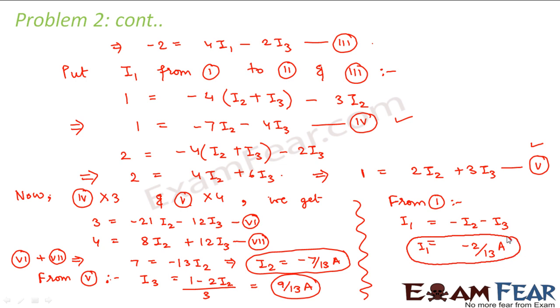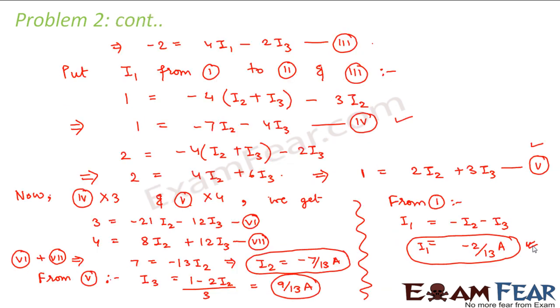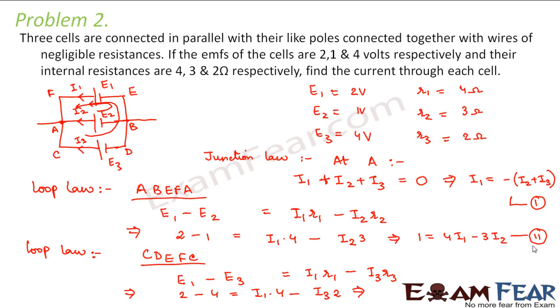So these are the values of the currents through the different branches through each of the resistances, right? So we had to calculate the current through each cell. So these are the currents through each cell. So what did we observe? We observed that the current I3 will flow in this direction as we had mentioned, but these two currents will actually flow in this direction. Right? So that is the actual direction.